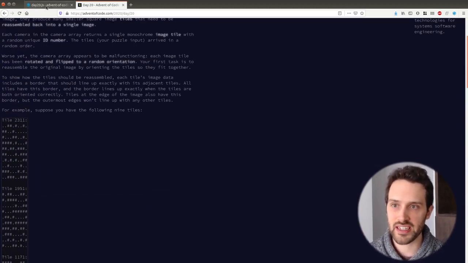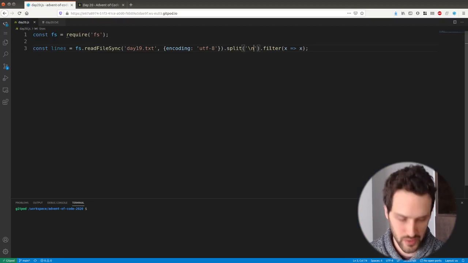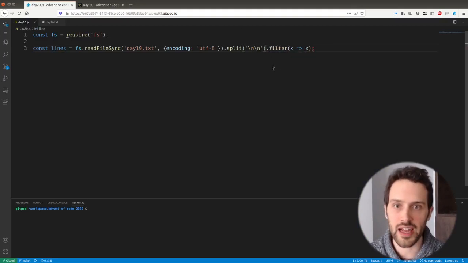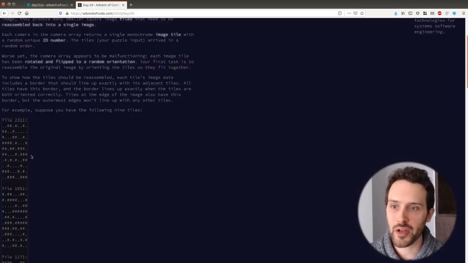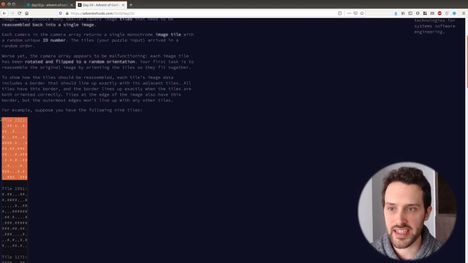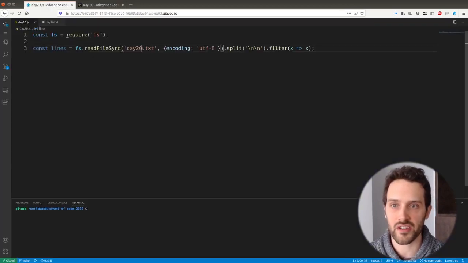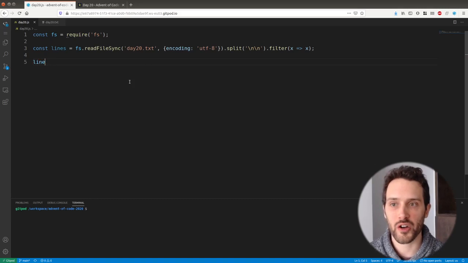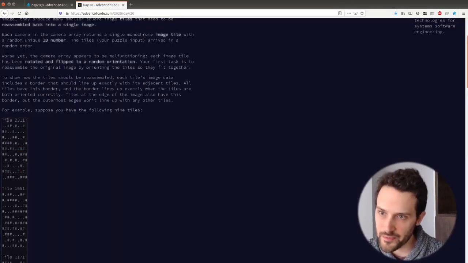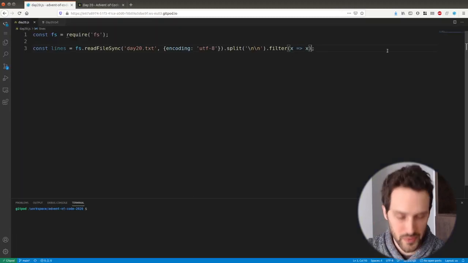We have these here. So what we need to do is split on the double line return. Let me also get day 20 here. We need to split on the double line return so that we get this information in each of our lines here. Then, how do we do that? We're going to need to parse that. We parse this number first. So what we're going to do is map